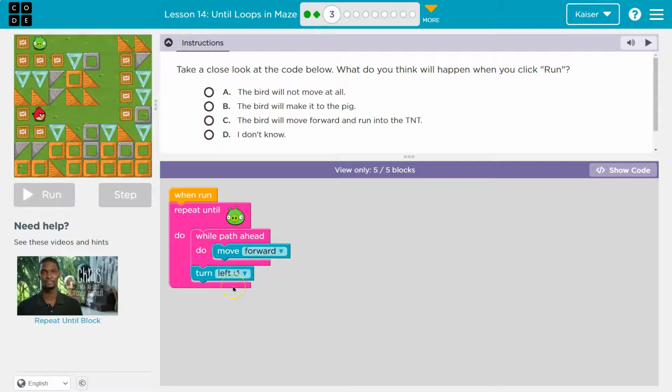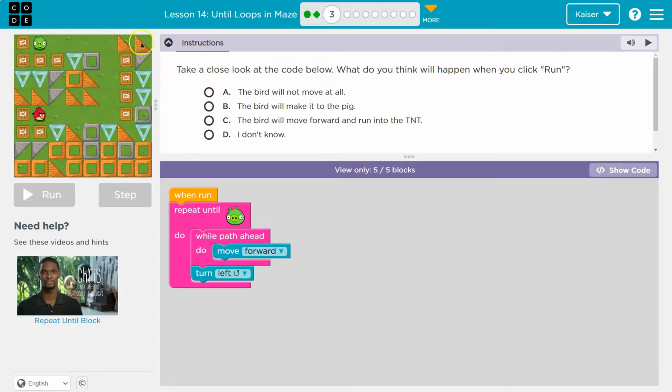I hit the bottom of this bigger pink mouth thing. Zoop. Am I at a pig right here? Nope. Okay, I go back inside. Do this. I'm not at the pig yet. While there's path ahead. Well, I'm facing this way now, so boop. Zoop. Is there path ahead? Yep. Zoop. Is there path ahead? Yep. And I'll move forward and forward. And then finally, is there path ahead if I'm here? No, that's false. So I fall beneath it.